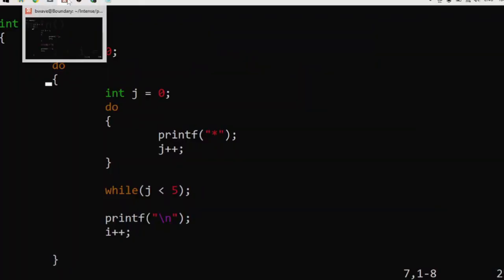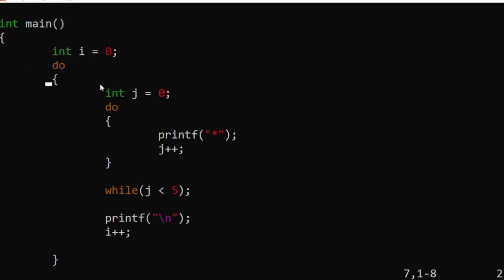So if you check, for our for loop, we had two variables, i and j, and we initialize them to 0, but we declared those variables inside our for loops. So we have something like for, bracket open, int i equal to 0. Here though, we are initializing our variable first. The variable is i, the value is 0. And then we say a do